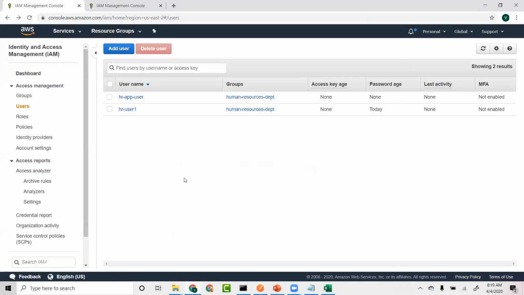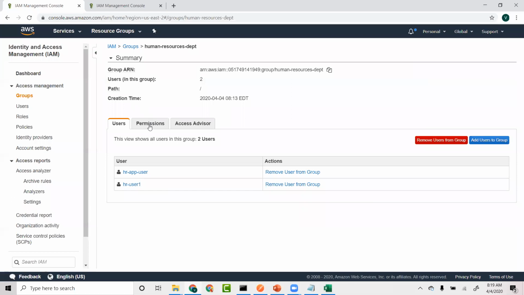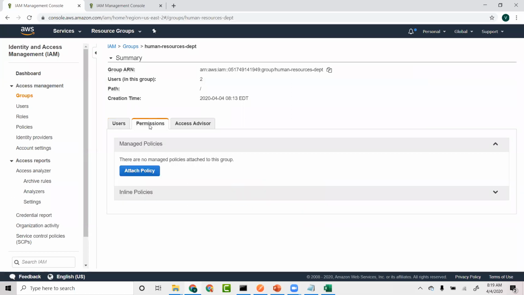So go ahead and close it. We have two users that belong to one group here. And now what I want to do is, these guys belong to the human resources department. So let's go to permissions. Obviously, there is no policy that I'm looking for. I don't want to give, let's say,